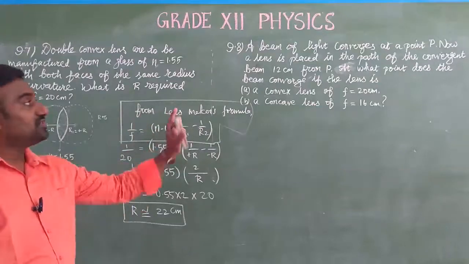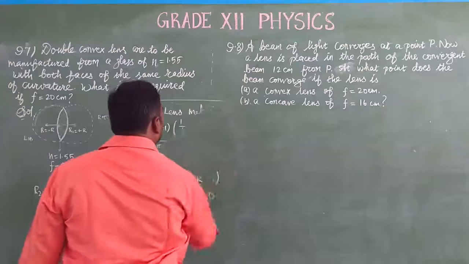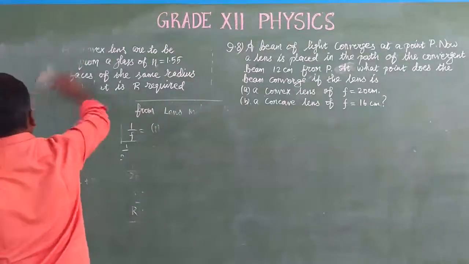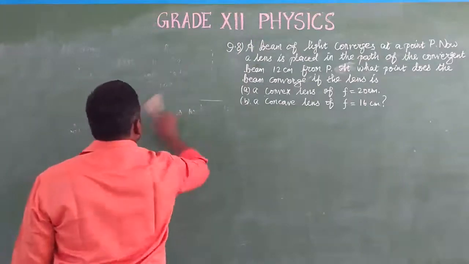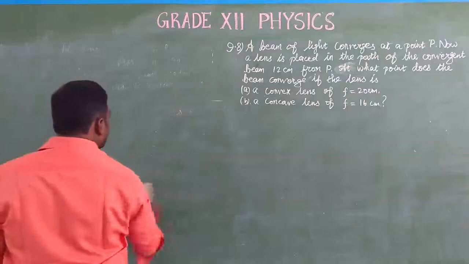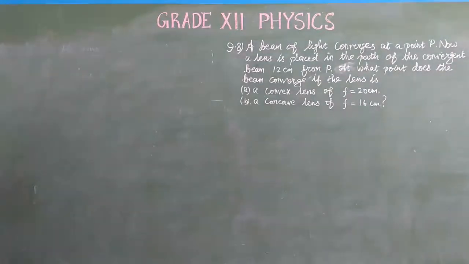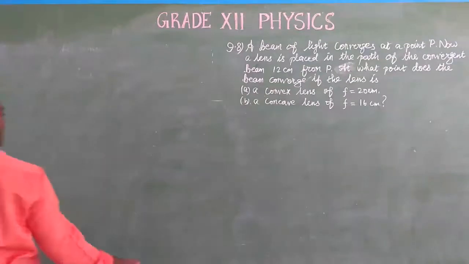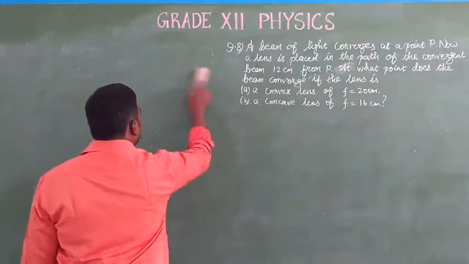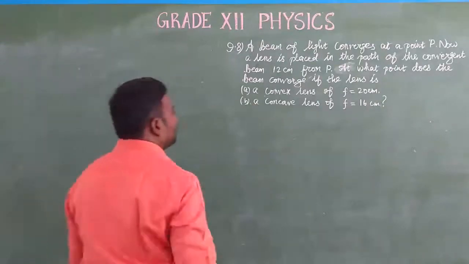Next we are moving to the 8th question. Look at the question carefully. Whenever you are solving numericals, kindly go through the questions one or two times. By reading the questions, take and write the hints. Also draw a model diagram. Then you'll get the solution, and you can solve it easily.